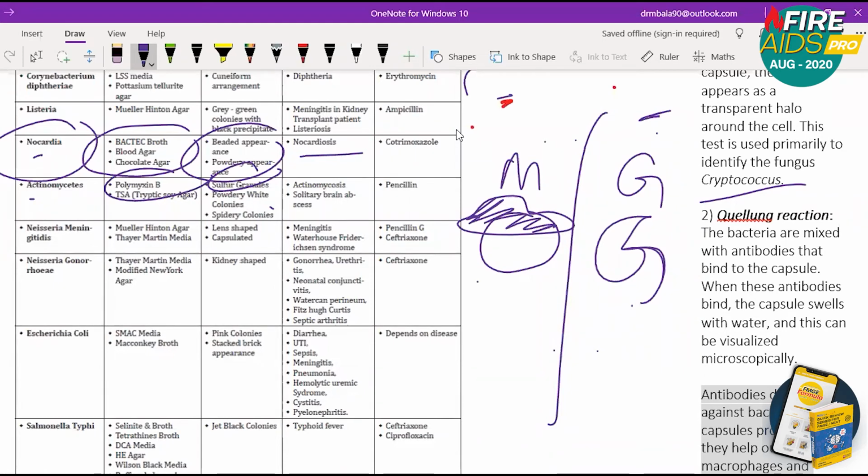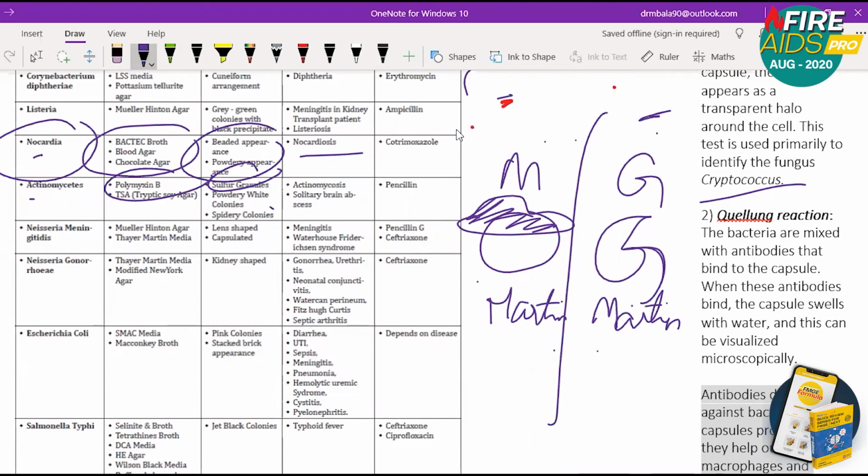So both of them have something in common, that is Thayer-Martin media. So this guy's name is Martin, this guy's name is also Martin. So Thayer-Martin media, you can remember like this, let it be meningitis or gonorrhea. So where it